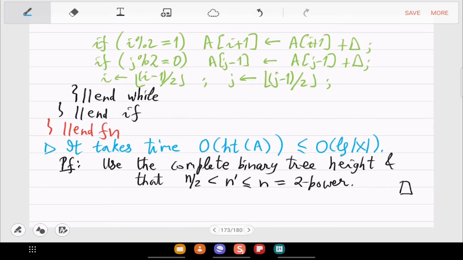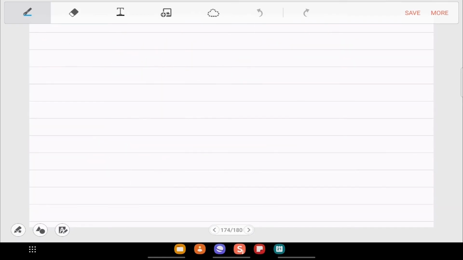So next is the reporting mechanism. How do you report the value? So the value is stored somewhere in the leaf, in the ith location.